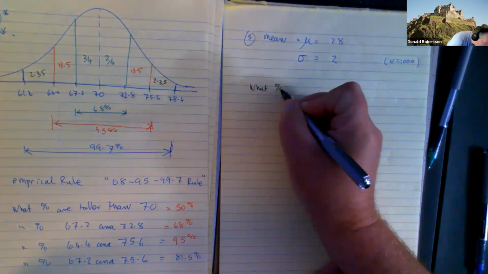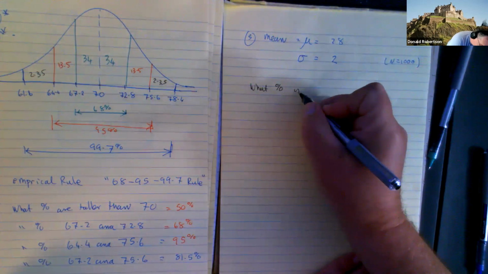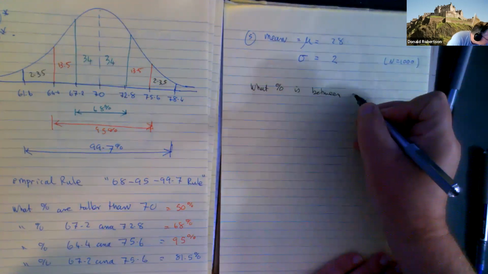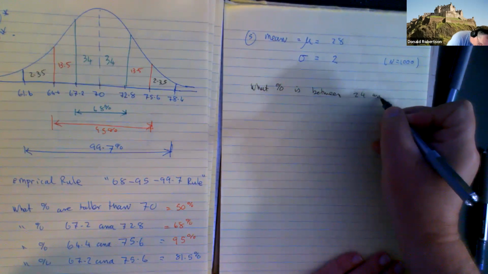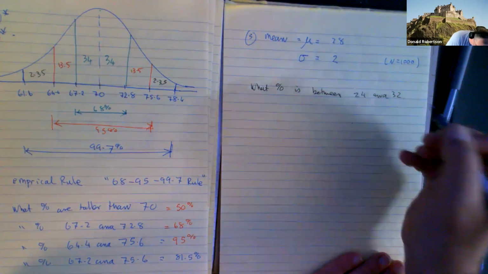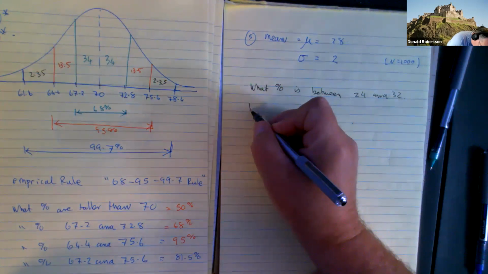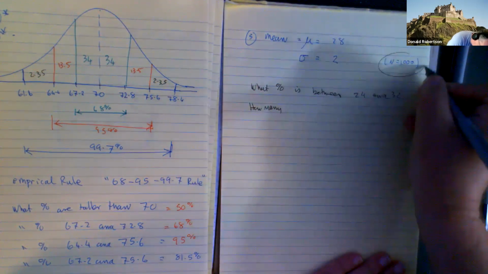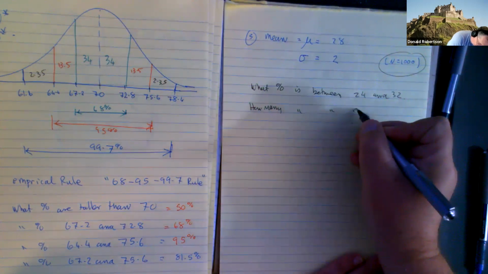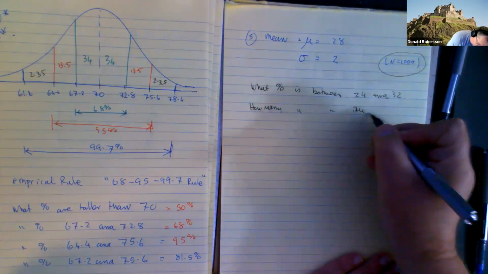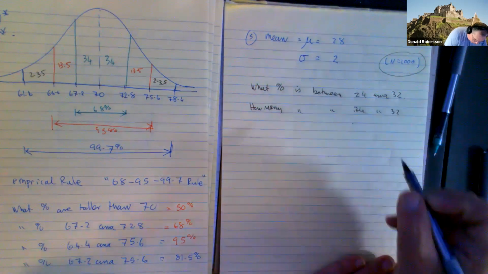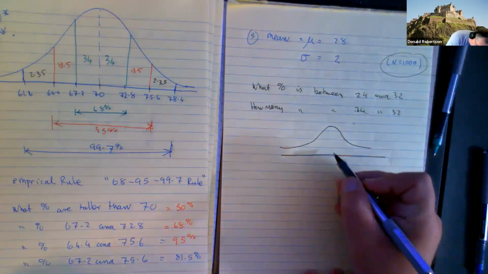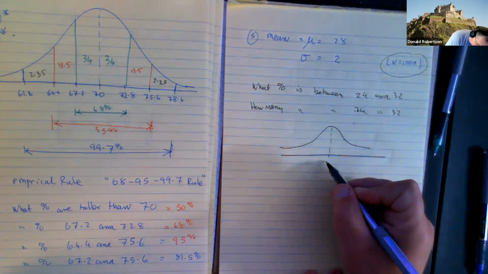not the typical question, which is what percentage is between 24 and 32. They just ask how many, essentially, out of that would you get between 24 and 32. So there's the mean, right? 28,